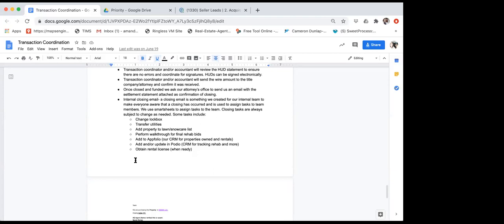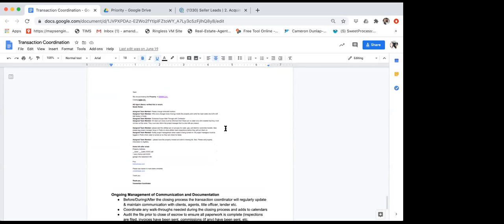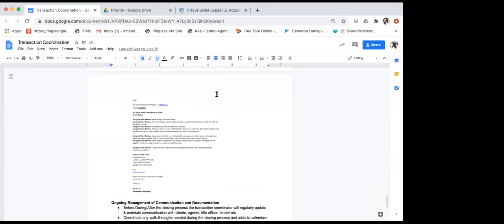Again, if you wholesale it, none of this is going to apply to you. You're not going to own the property. So you just collect your money and go about your day. Easy. But if you do own the property, or you sell a property you've owned for a while, and there are things that need to be done,